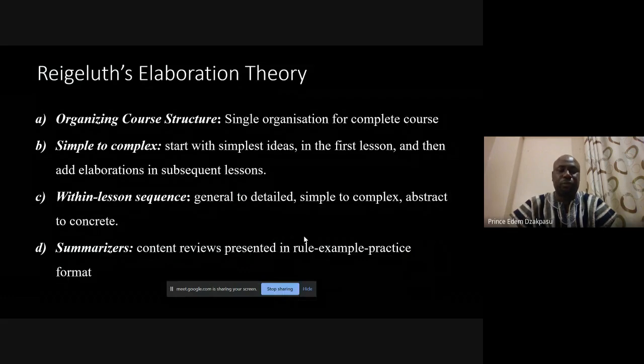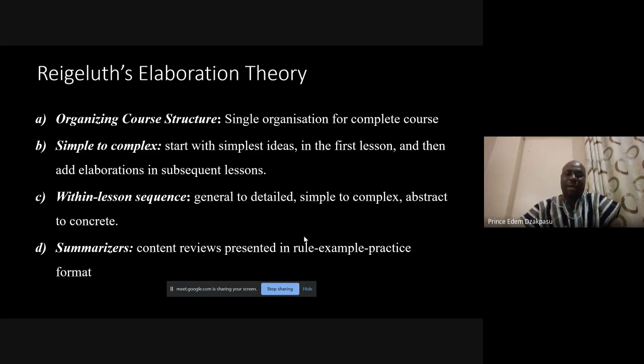Right. So this morning we'll begin with the Reigeluth elaboration theory. Now, the elaboration theory is structured in 9 different ways. The first of it is how we organize our course structure. It says that a single organization for a complete course ought to be put in place. We ought to be able to put in place a single